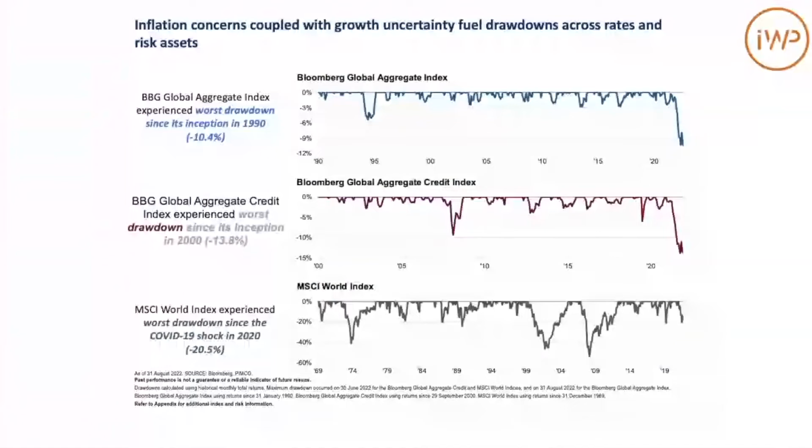So this next chart speaks to the history of the bond market. Of course, most of our clients' defensive portfolios are invested in bonds, be that Australian government bonds, corporate bonds, global bonds, US government bonds and the like. And what we've seen since December really has been a reduction in capital values of those bonds. This chart just speaks to that level of reduction.